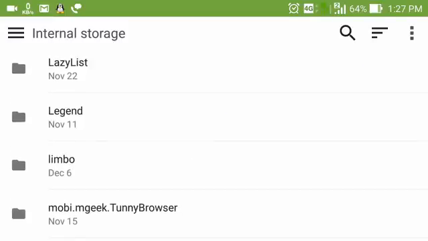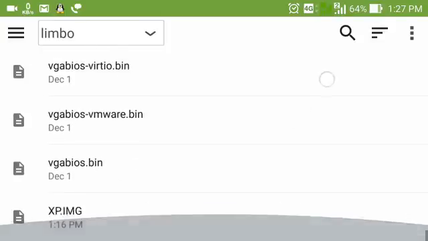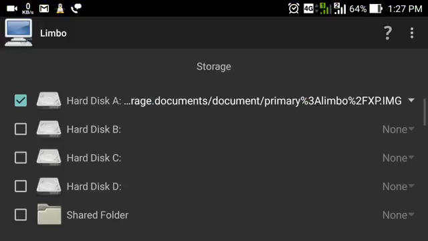You can see there is a Limbo folder in my internal storage. Let me show you. When you open it, you can see I just put the xp.image file in this folder. So I'm going to just select it for hard disk A. You can see I just selected a hard disk, and when I click on run, it will boot up